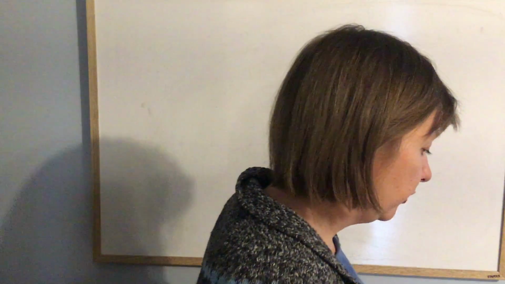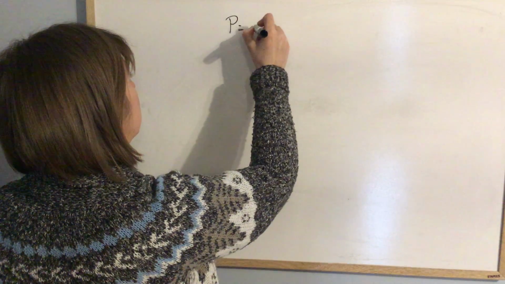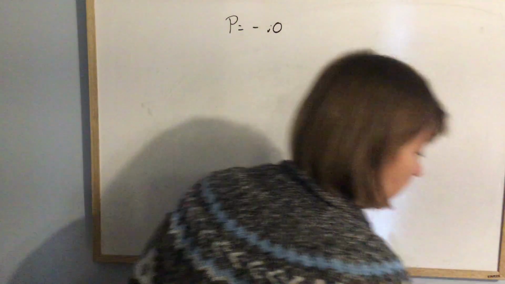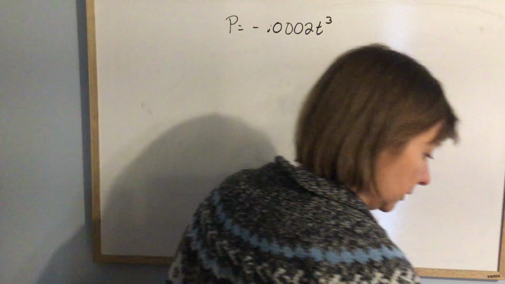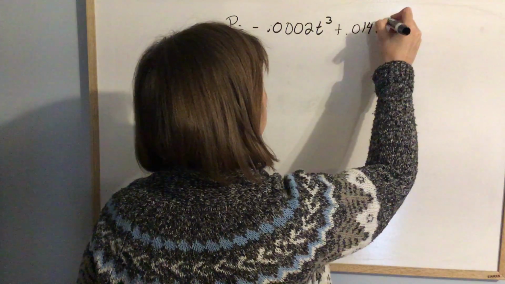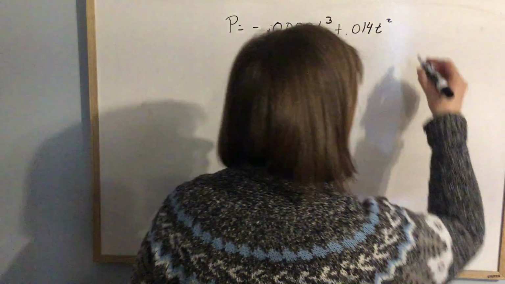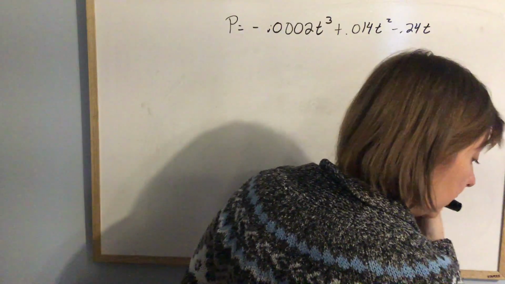It says the pH in a person's mouth T minutes after eating candy can be modeled by this absolutely horrible equation, which is P equals negative 0.0002 T cubed plus 0.014 T squared, icky, minus 0.24 T, and plus